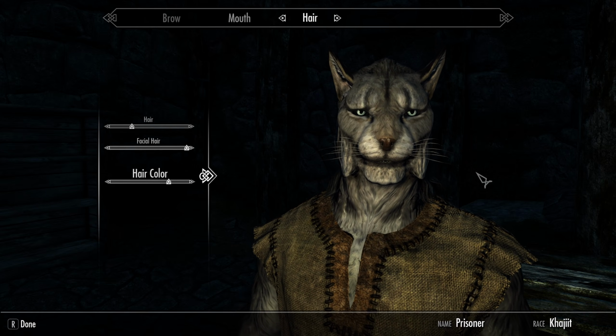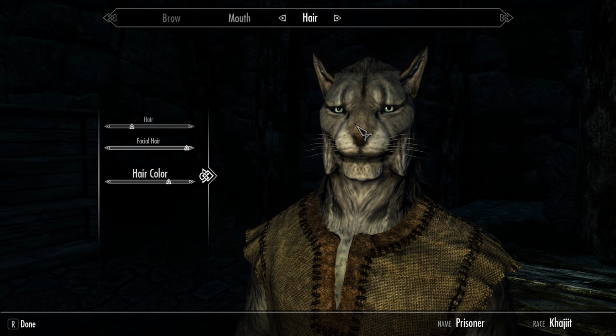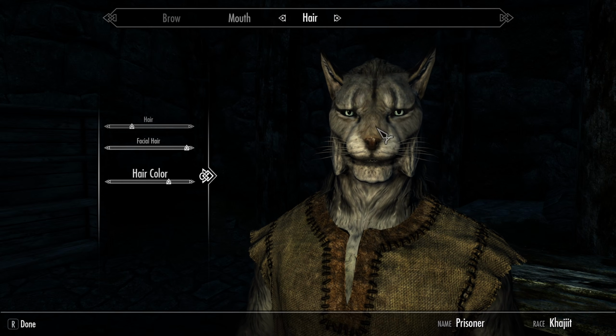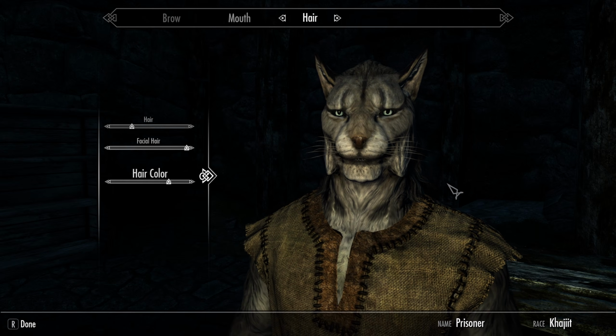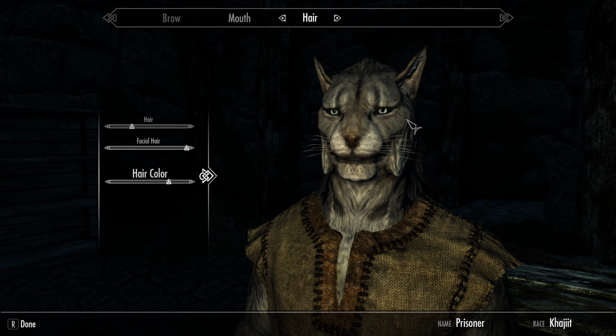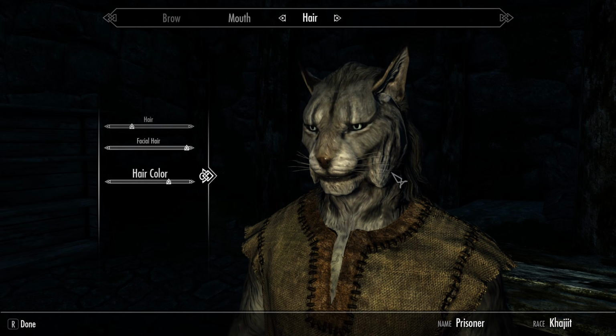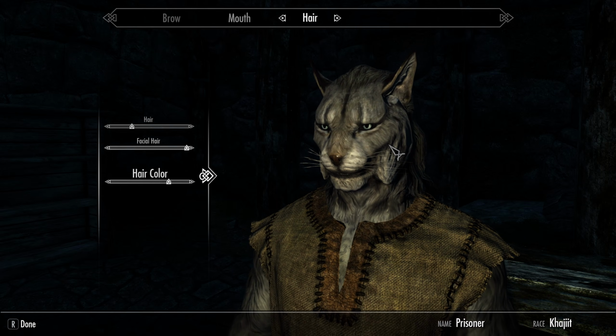You're probably going to want to spend a lot more time messing around with the face than I did. In particular, you may want to use the race menu mod if you want to have more control over how everything looks. I'm not really fussed about the sort of arty side of this, so I'm going to just park it here. I'm perfectly happy with this, and we can always change it later if we want.